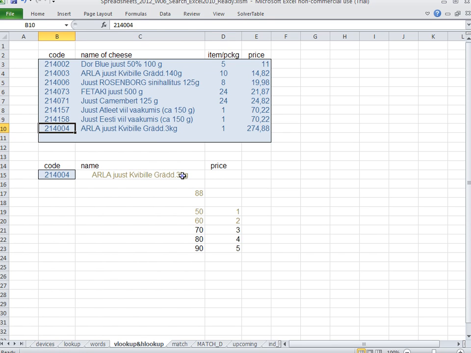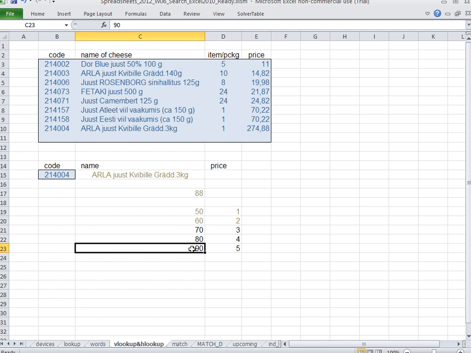But there is another option, 1, which we will look at very shortly, which actually does the looking up like this. It searches for this 88, and it searches it like this. 88 is not 50, 88 is not 60, 88 is not 70, 88 is not 80, and 88, well, 90